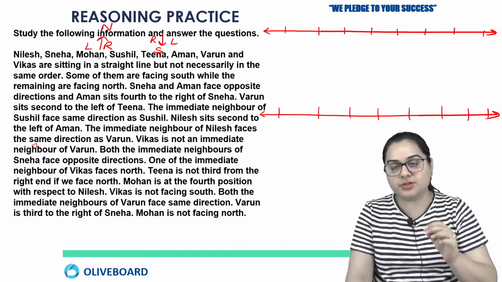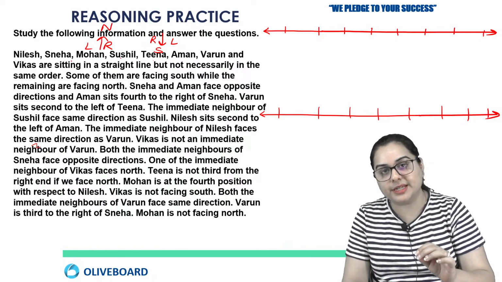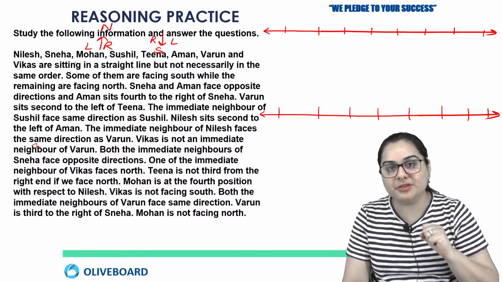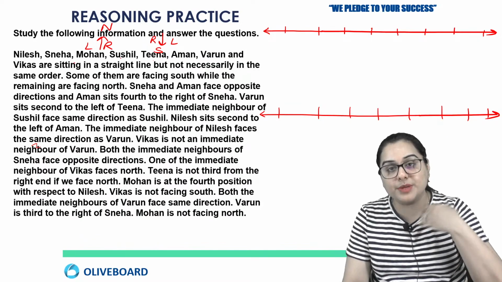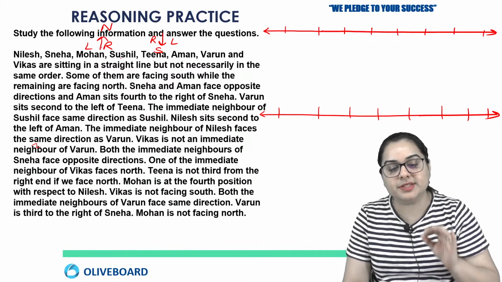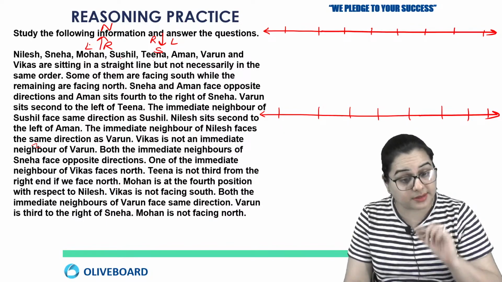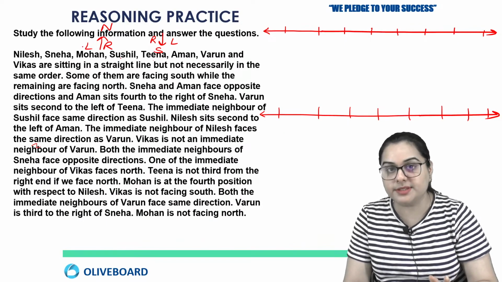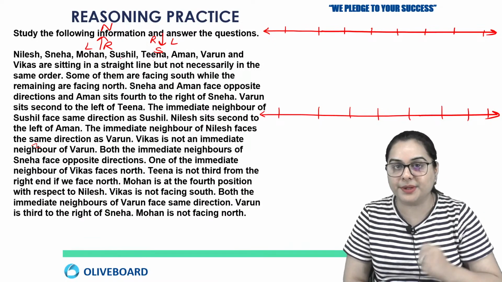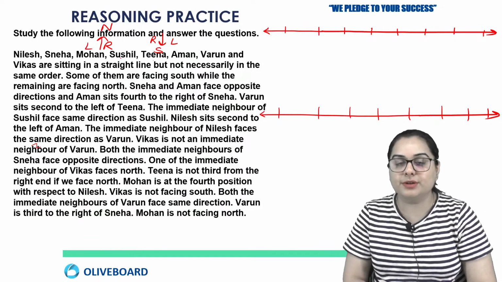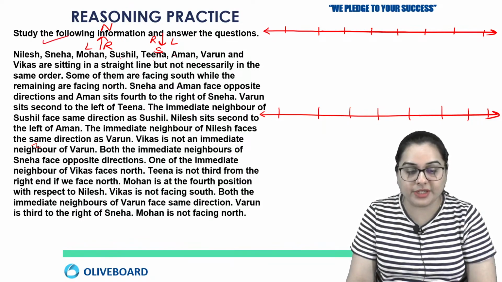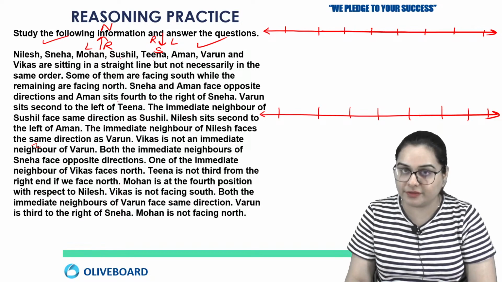Because what happens in such questions is that you people make mistakes in the left and right only. Already you have a question where there is a combination of north and south facing people, so it becomes more confusing to decide where is left and where is right. So it is always better to write this. This is definitely going to increase your speed, because you're not going to think now. You're just going to see where is left and right, and accuracy will also be improved. Okay, so you should do this for every equation of linear arrangement.